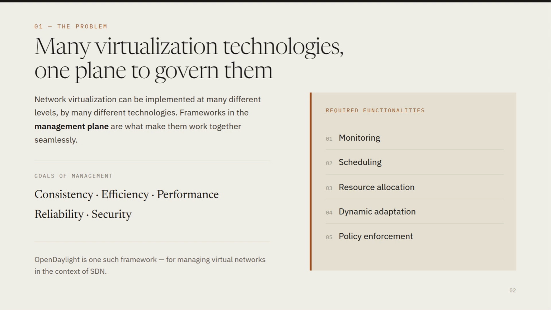The goals of any good management framework are consistency, efficiency, performance, reliability, and security. OpenDaylight is one such framework. It was designed specifically to manage virtual networks in an SDN environment. To do its job properly, it must support 5 core functionalities. First, continuous monitoring of the network. Second, intelligent scheduling of resources. Third, efficient resource allocation. Fourth, the ability to adapt dynamically when conditions change. And fifth, strong policy enforcement so that the network always behaves according to the rules defined by the operator or